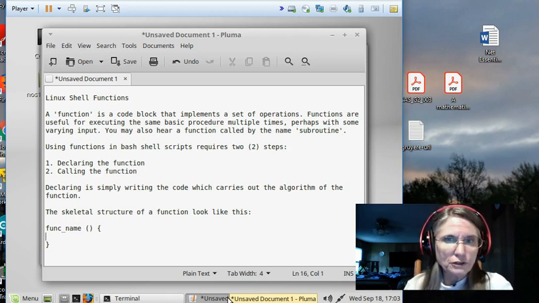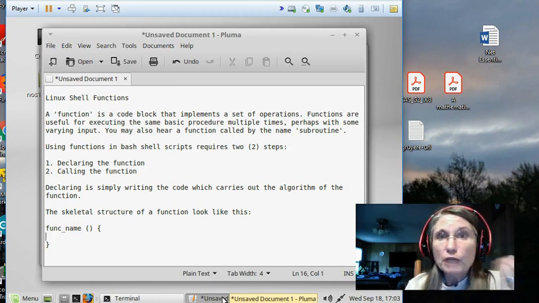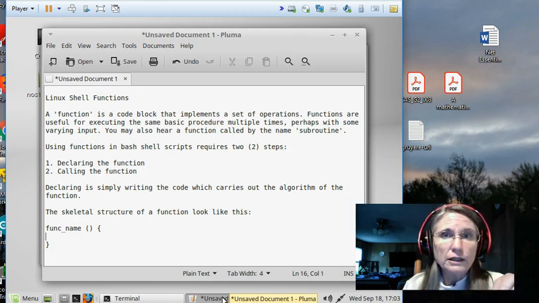a set of operations. You've probably seen functions, or sometimes they go by the name subroutines, in other programming languages, Fortran, Python, C language. Functions are useful for executing the same basic procedure over and over again, probably with some varying input. And when written well, a function is very targeted in its